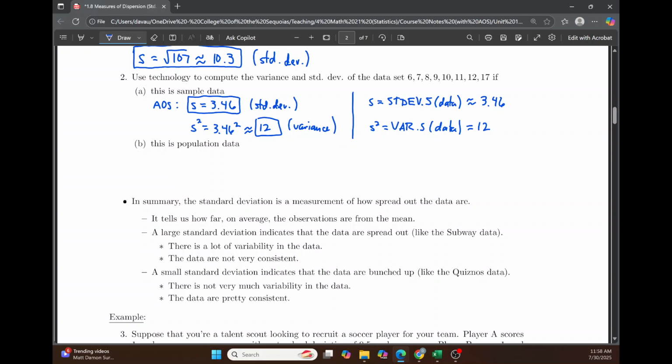Now for part B, we want to do the same thing, compute the variance and the standard deviation, but this time we want to do this for a population, if we consider this data to be population data. So in Art of Stat, this is going to be a little bit tricky, because Art of Stat doesn't give us the population standard deviation or the population variance. So for Art of Stat, what we would have to do is take the standard deviation that it gave us,